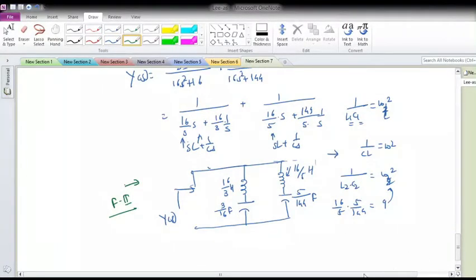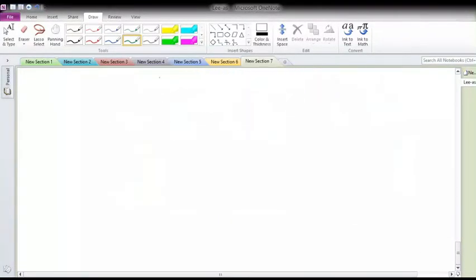Okay, now next what we'll do, we'll see the Cauer form 1 and 2 also. So Cauer 1 and Cauer 2. So first understand what is Cauer 1. To understand this Cauer 1, we should know that in LC admittance, the degree of numerator and degree of denominator